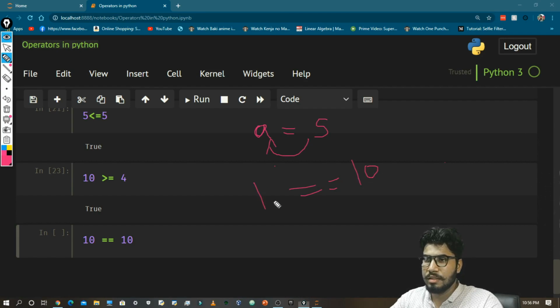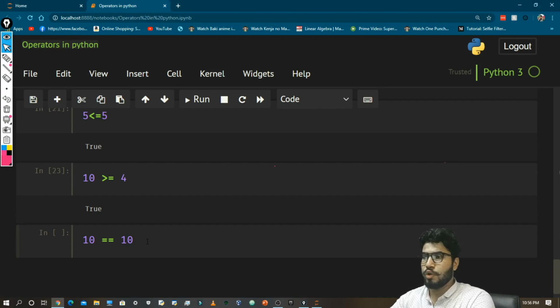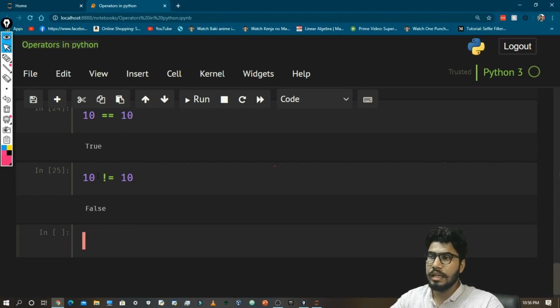It can be used like this, or we can also use a double equal to b if we consider them as variables. So 10 equal to 10 is true, and 10 not equal to 10 is going to be false, because 10 is equal to 10 and the condition is not equal to. We can also see 5 is not equal to 10, which is going to be true.